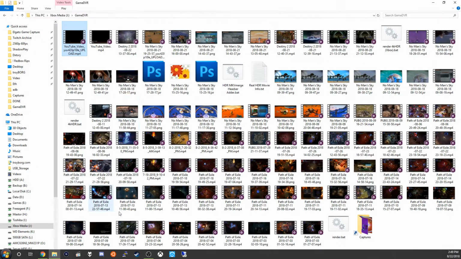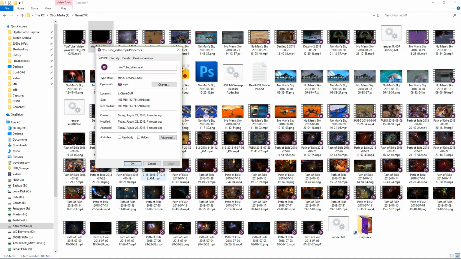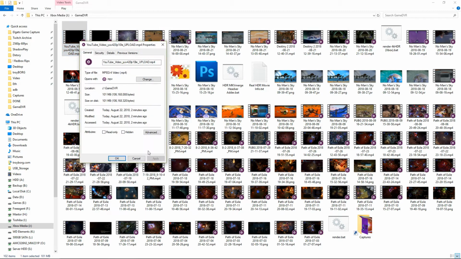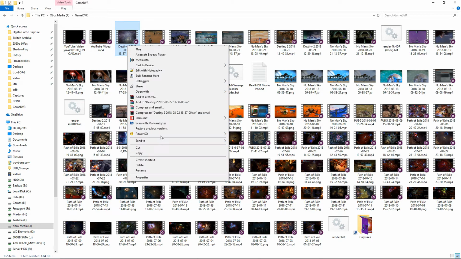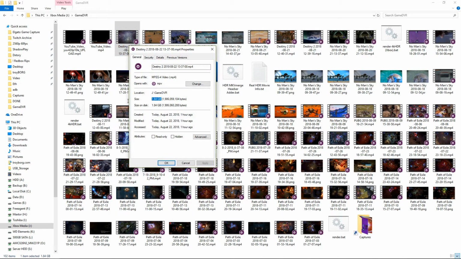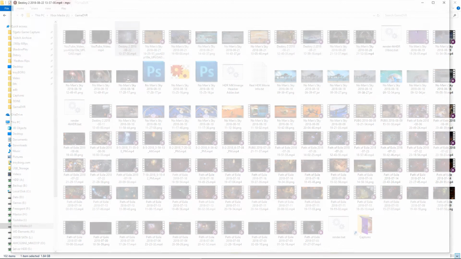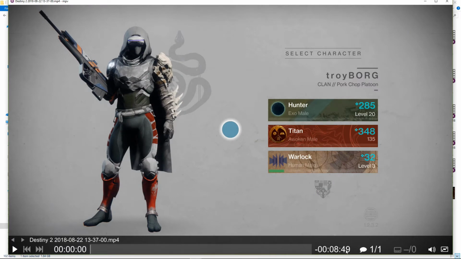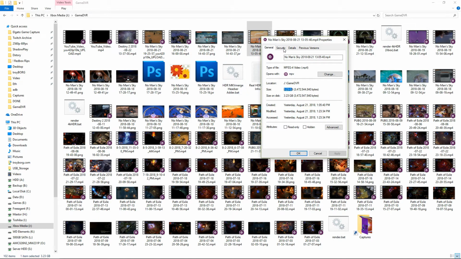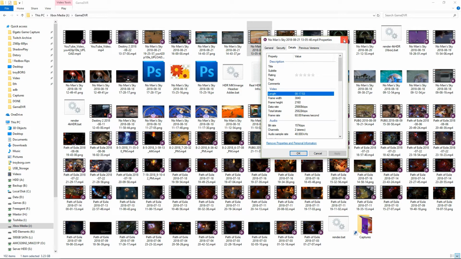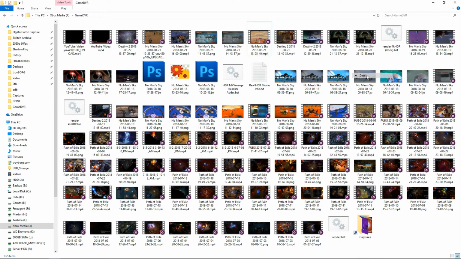Oh yeah, and if you're wondering, the source file for that 30-second clip was 108 megabytes, and the rendered version was 101 megabytes, for 30 seconds. The source video was 1.84 gigabytes for its 8 minute and 50 second recording. If you're recording for a good amount of time, for example this No Man's Sky video, it's 3.23 gigabytes for 17 minutes and 53 seconds. Or even if I sort by